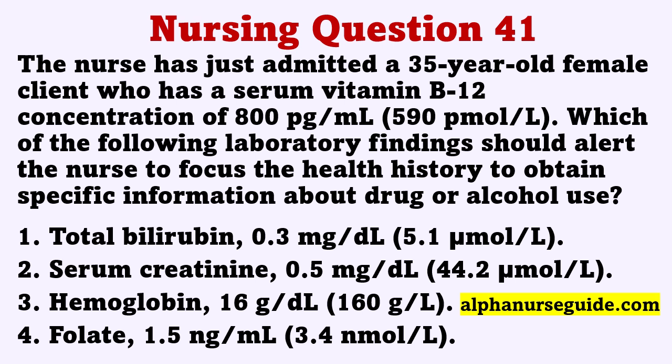The correct answer is 4. Folate, 1.5 nanograms per milliliter. Normal range of folic acid is 1.8 to 9 nanograms per milliliter, and normal range of vitamin B12 is 200 to 900 picograms per milliliter. A low folic acid level in the presence of a normal vitamin B12 level is indicative of a primary folic